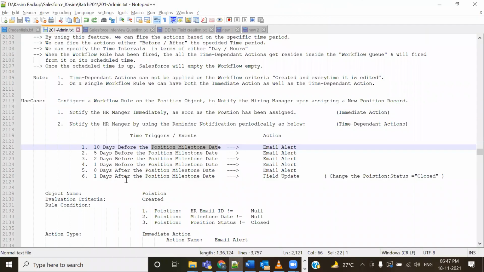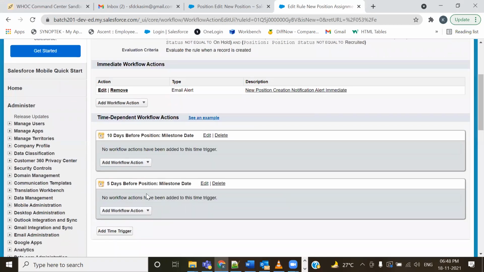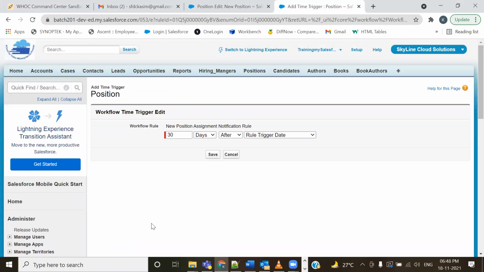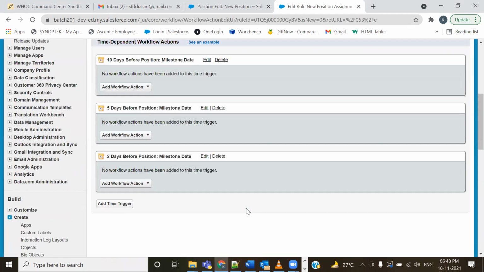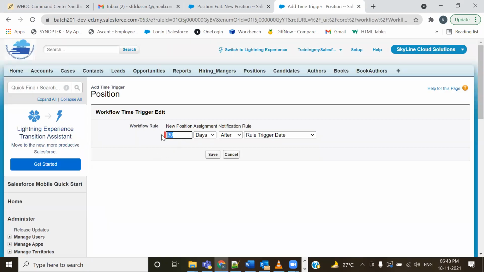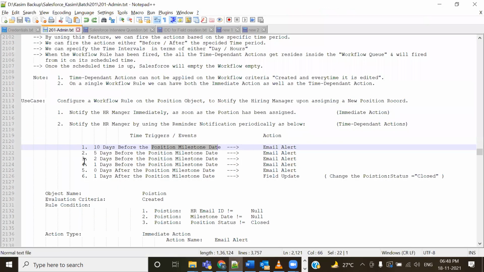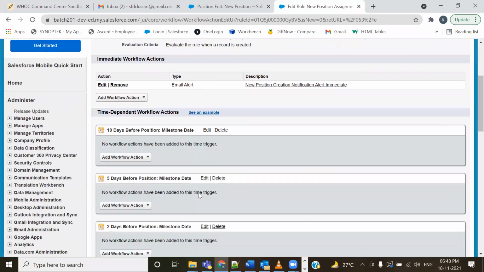ठीक है, 5 के बाद में आई थिंक इट्स 2 और 1 एंड 0। ओके, वन मोर टाइम ट्रिगर आई हैव क्रिएटेड। दो मैंने बना लिया, तीसरा बनाने जा रहा हूँ। इट्स लाइक 2 days बिफोर माइलस्टोन डेट, सेव इट। So 10, 5, 2 and then 1 day before, so it's like 1 day before। हाँ, डेज के अलावा आवर्स होते हैं, डेज के अलावा मंथ नहीं होता, इट्स लाइक आवर्स। ठीक है, 1 day बिफोर माइलस्टोन डेट। व्हाट इज नाउ लेफ्ट, 10 हो गया, 5 हो गया, 2 हो गया, 1 day क्या है, बिफोर है ना,